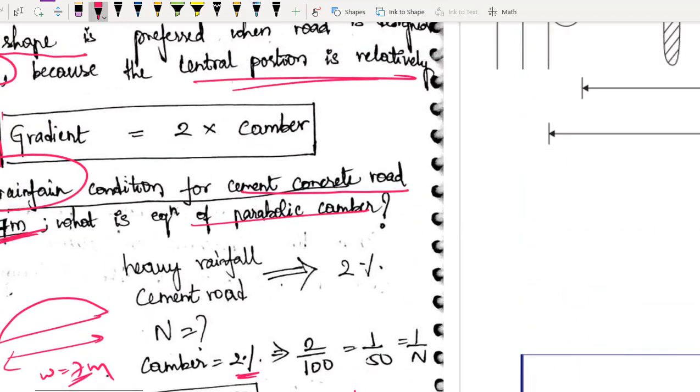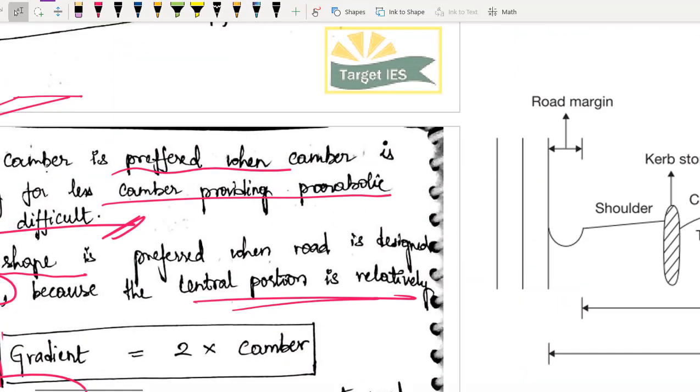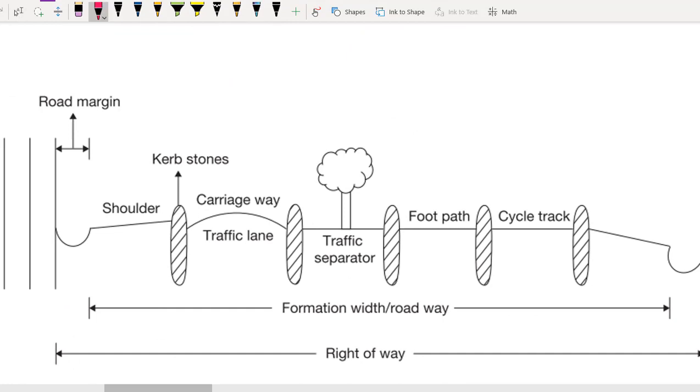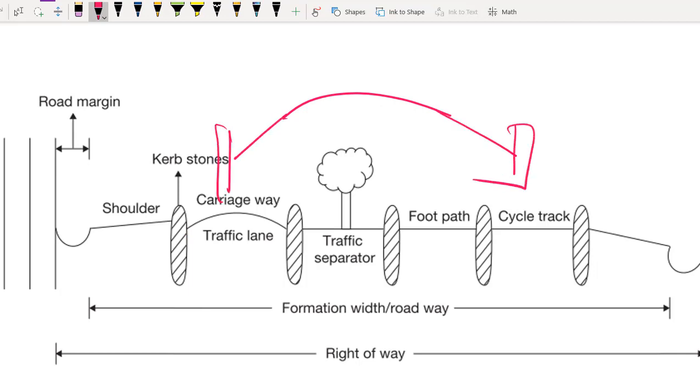Basically, why we will be using curbstone? Curbstone will be used for lateral stability of road. The first reason is lateral stability of road, and second reason is drainage. In this diagram shoulder यहाँ पे, curbstone यहाँ पे आ गया, but it need not be like that. Carriageway followed by shoulder, and then you will be having curbstone like this also. It is possible, ठीक है?